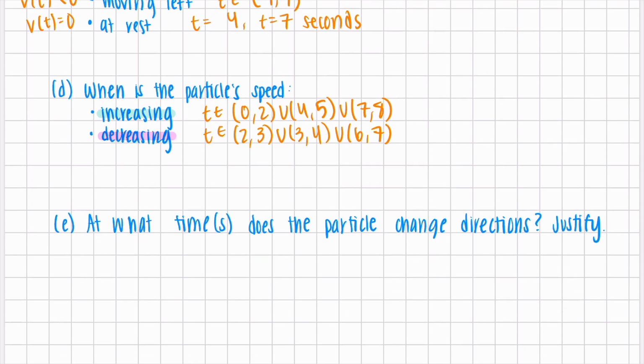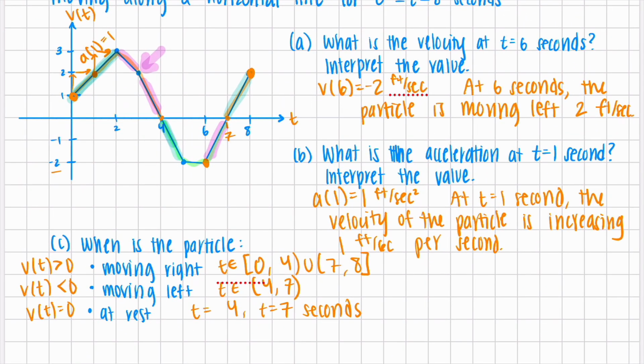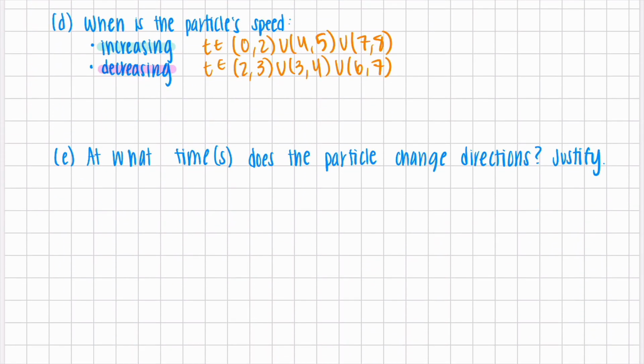Letter E says, at what time does the particle change directions? So we know the particle changes directions when v of t switches between positive and negative. So here at t equals 4, v of t switches from positive to negative. And at t equals 7, v of t switches from negative to positive. So at 4 and 7, my particle changes directions. So the particle changes directions at t equals 4 and t equals 7, because